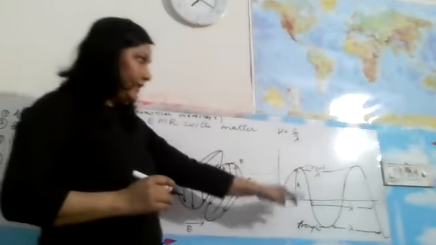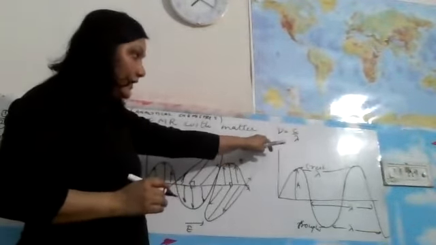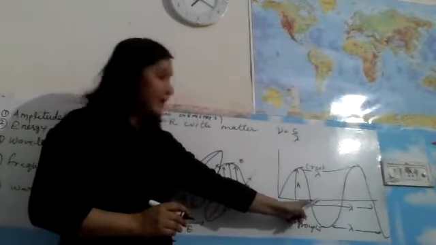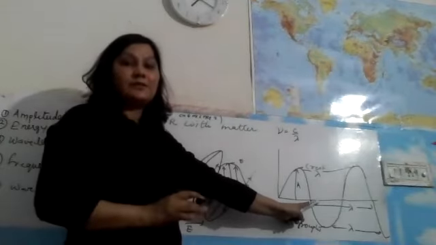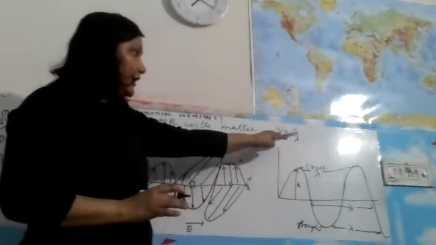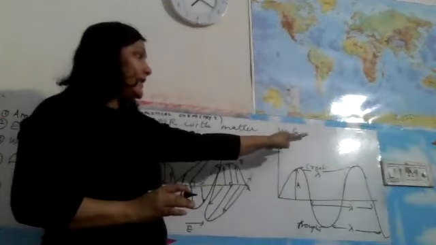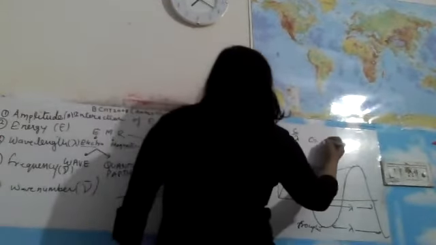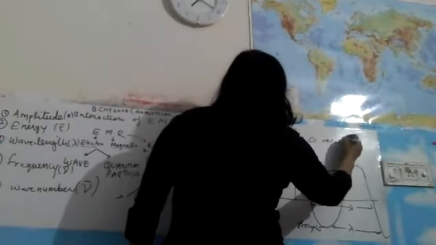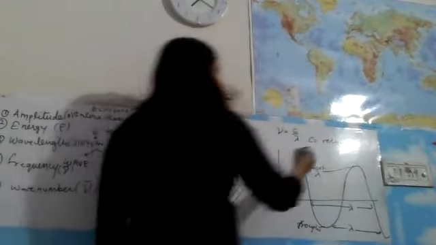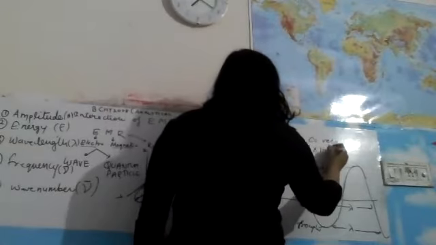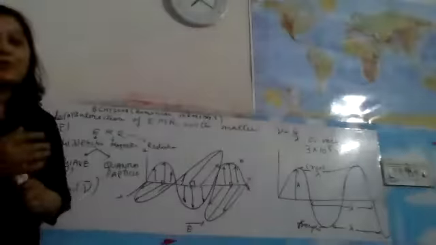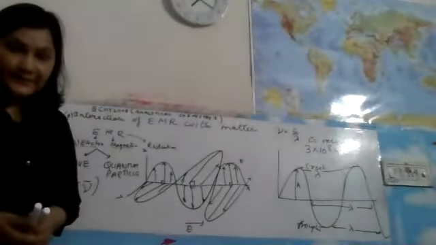We have discussed lambda. Now we are discussing frequency. Frequency is the number of waves passing through a given point per unit time. So the relationship between frequency and lambda is frequency is equal to c by lambda, where c is the velocity of light and it is equal to 3 into 10 to the power 8 meter per second, and this is also the speed of light, because light is also a type of electromagnetic radiation, right?